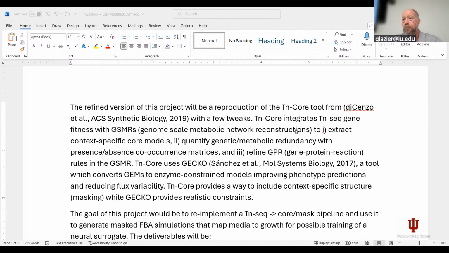That's not exactly what they did. I'd have to go back through and figure it out, but they essentially used that and got a bunch of different core models that theoretically could work. And so I thought it would be interesting to recreate what they did, get all those models, and then use them to